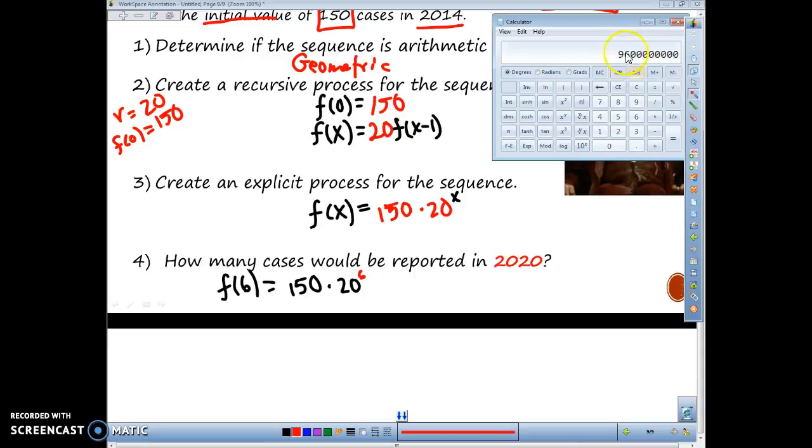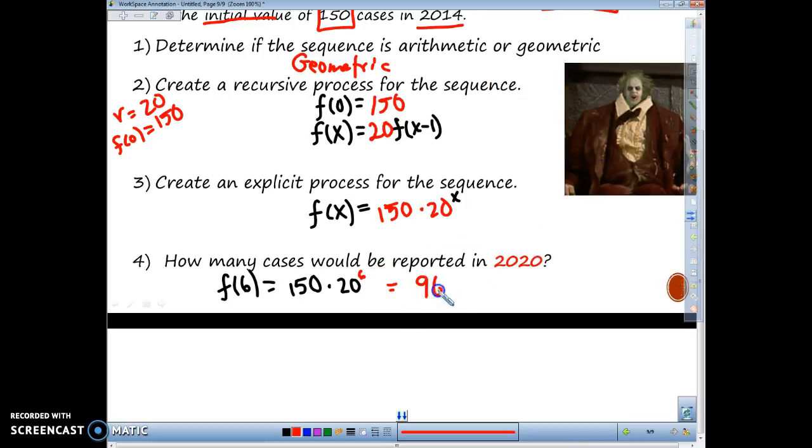Here we go. So 9, 6, and then a lot of zeros. Let's count how many zeros. 1, 2, 3, 4, 5, 6, 7, 8 zeros. So this is 9, 6 with 8 zeros. Okay, and we have, well, this is thousands, millions, billions: 9,600,000,000 cases in 2020 of Zika. We'll see. Okay, this is a context problem, so we want to write it in a sentence. So in 2020, there will be